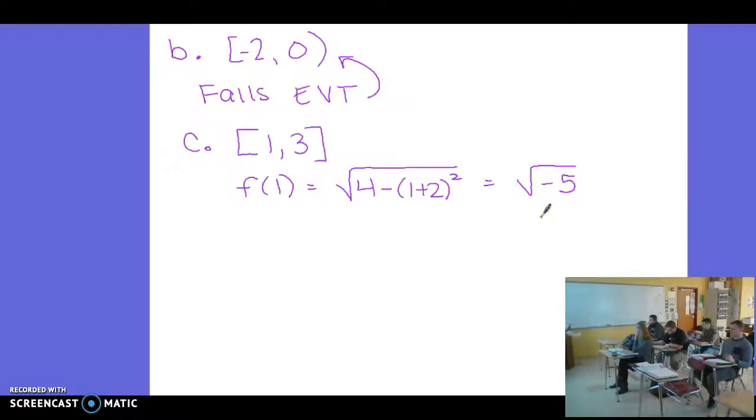Yeah, like these points here do not exist in the domain. So where it says in that theorem that f has to be continuous on this interval, well, if f doesn't exist on this interval, then it cannot be continuous. So part C also fails EVT